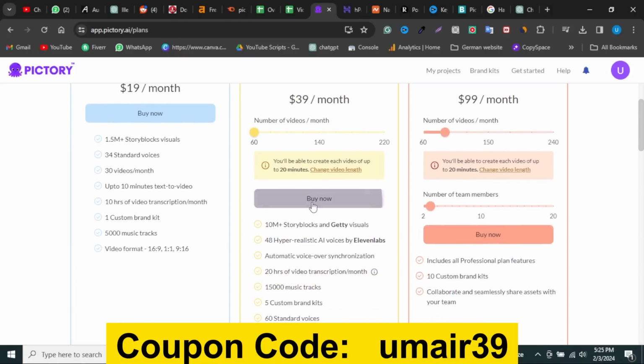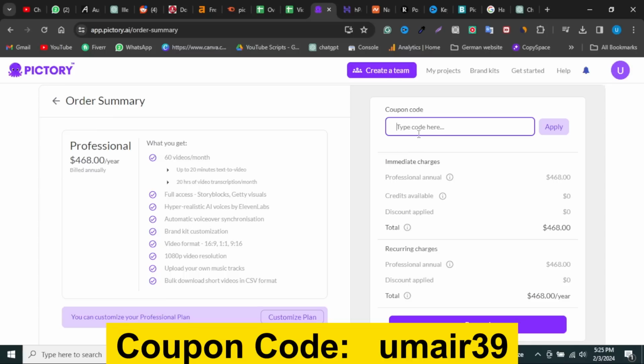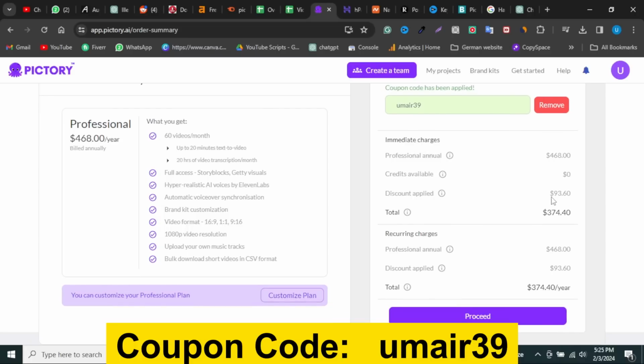Just click on buy now, and over here I need to enter the promo code that I'm going to show you, which you can use to get the maximum possible discount that Pictory is offering at the moment. And that coupon code is Umair39. Just enter it and click apply. As you can see, the before price was $468, and now it's $374 per year. So you got a discount of